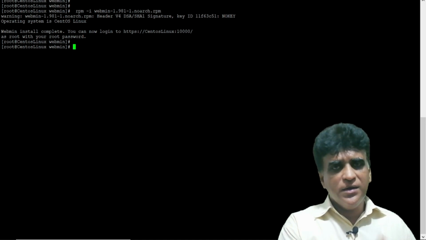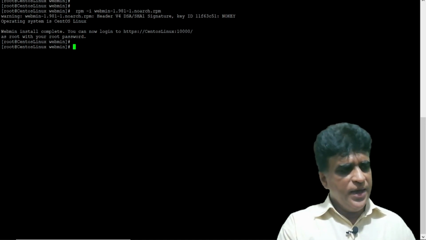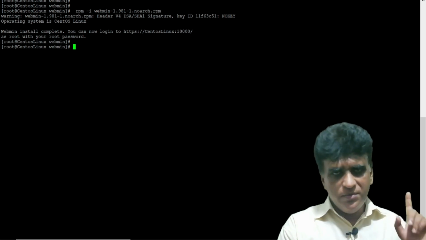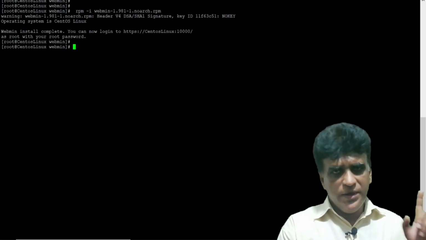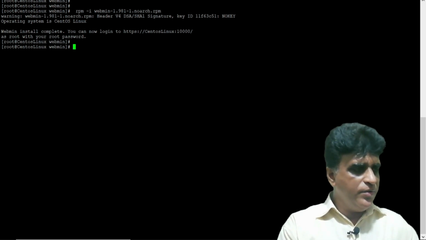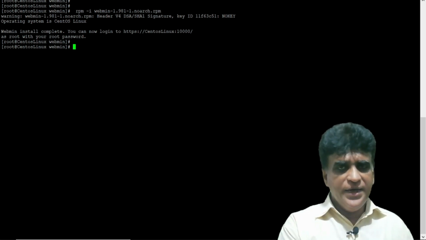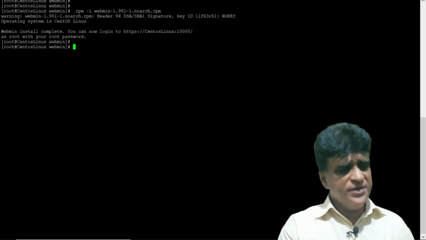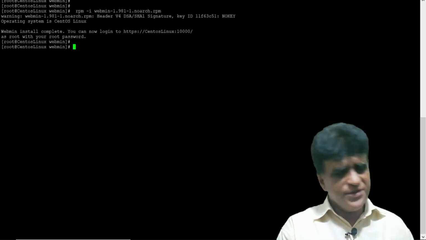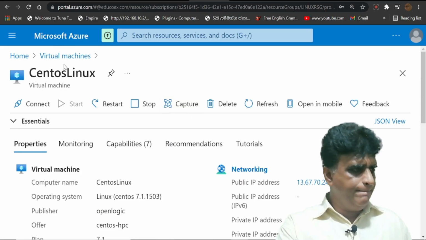I'm going to open the port in Azure Cloud Platform. In Azure Cloud Platform, I have to give some permissions in the firewall. There's a virtual firewall in Azure. Then I have to initiate this port number 10,000 as an inbound port. Then only we can access using this 10,000 port. Right, we'll go to the Azure Cloud.